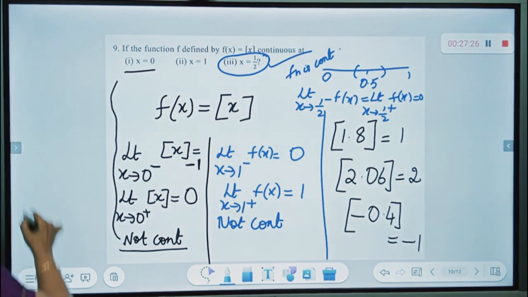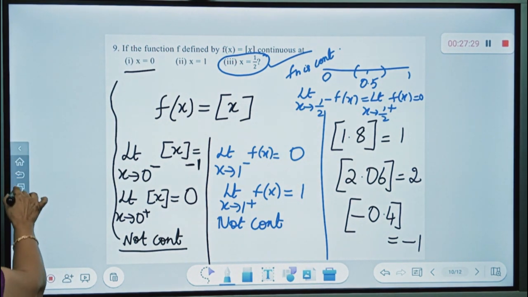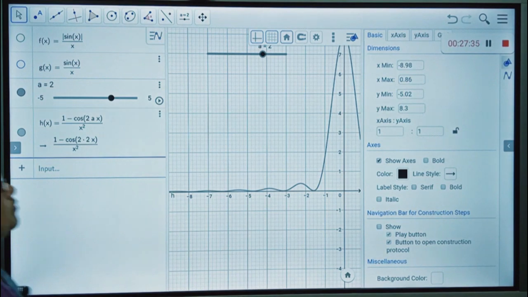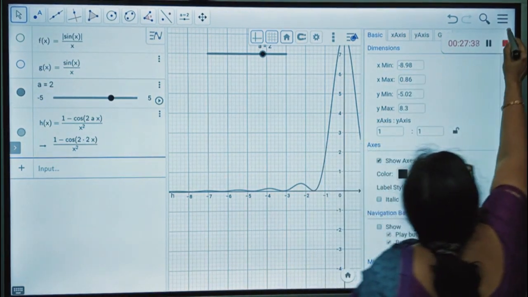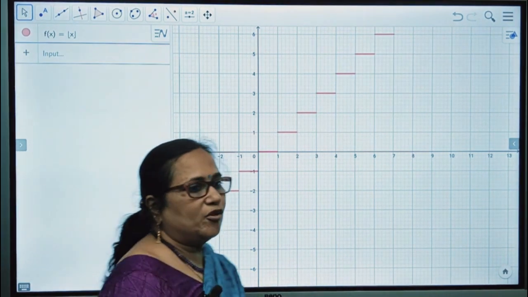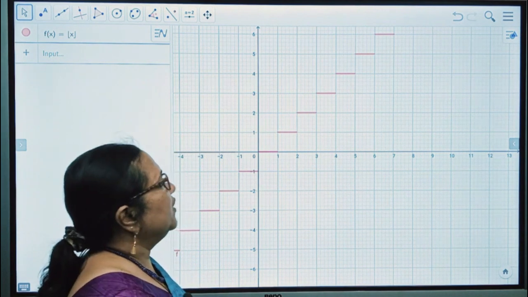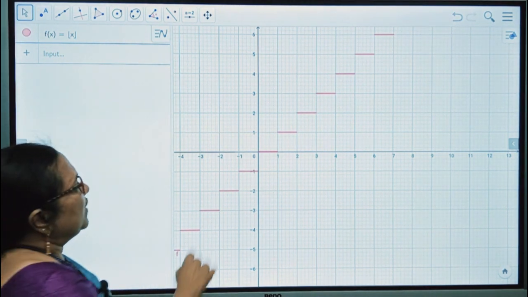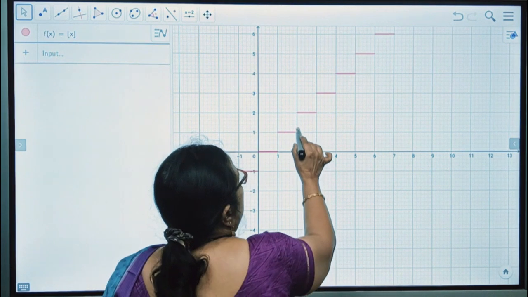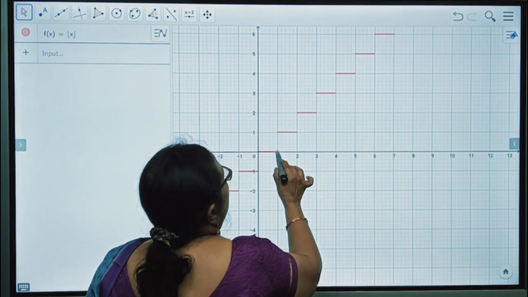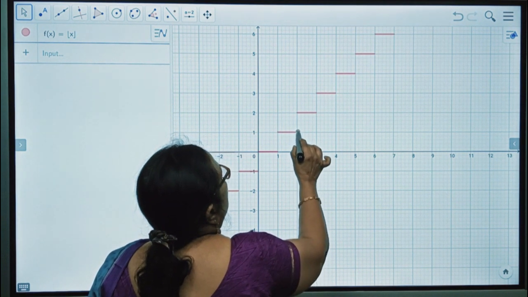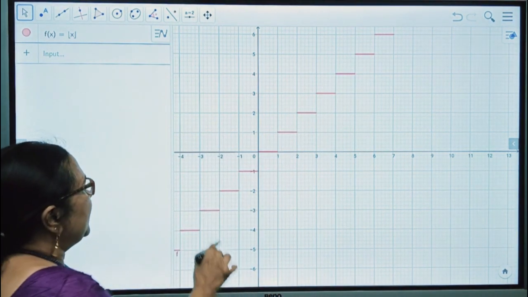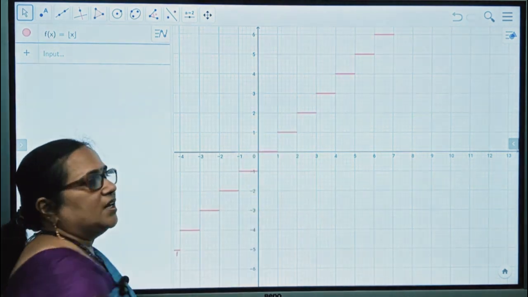Before we conclude, we'll just look at the graph of this function alone. Okay, I'm going to take a new one. Now let us look at the graph of the greatest integer function. In GeoGebra, we type it as floor x, floor of x in the input box. But of course, it is also limited. It does not show that at 1 the value is actually 1 and at 2 the value is 2. But you can see the breaks in the graph, right? So that itself indicates that at integral points, the function is discontinuous.